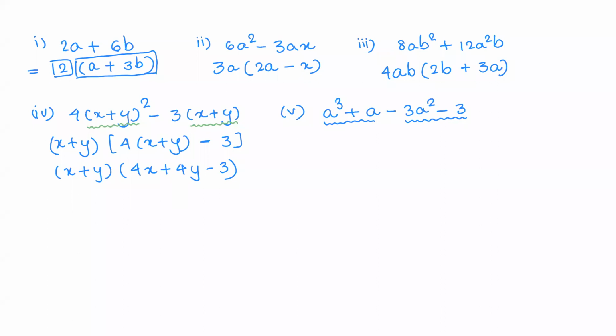Okay, tell me, what can we take out common from the first two terms? पहले दो terms में से हम क्या common निकाल सकते हैं? If you see in the first two terms, we have a cube and we have a. So from a cube and a, a is smaller, so we take the smaller term outside. अब a cube में से a बाहर चला गया है तो a square अंदर रह जाएगा. Plus, entire a has been taken out common, so 1 remains inside the bracket. So when the entire term has been taken out common, उसकी जगह पर 1 आ जाता है. Perfect.